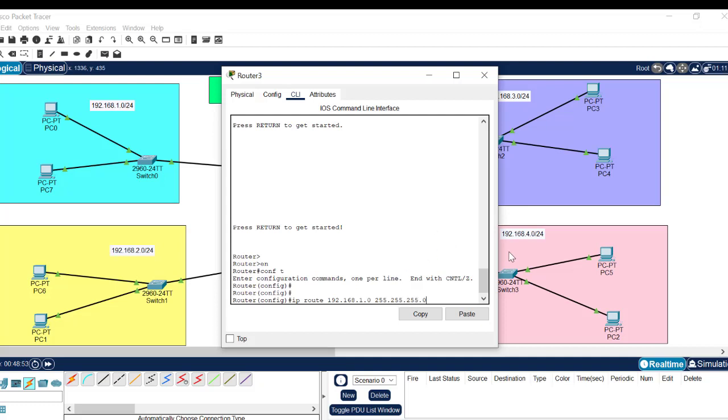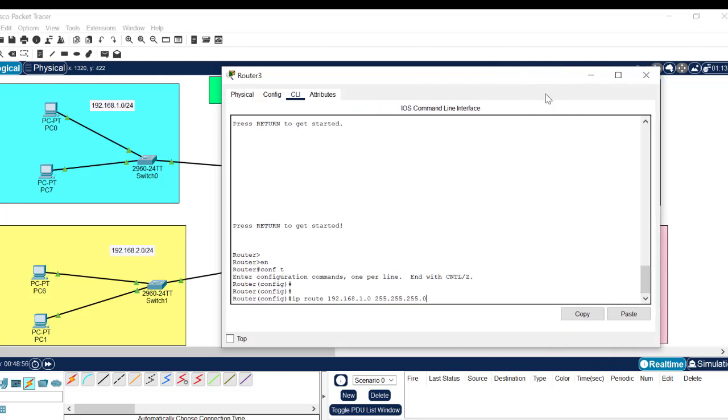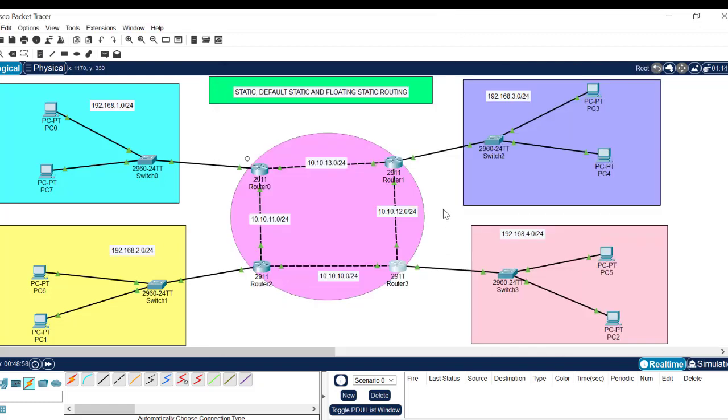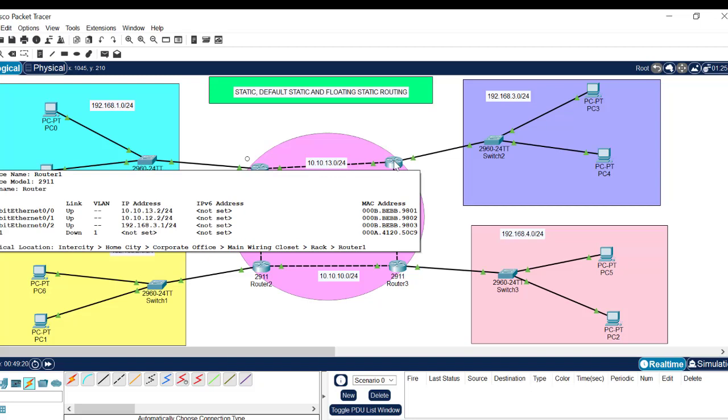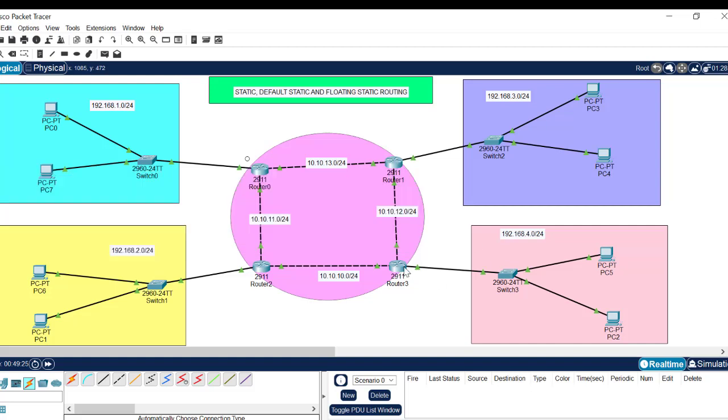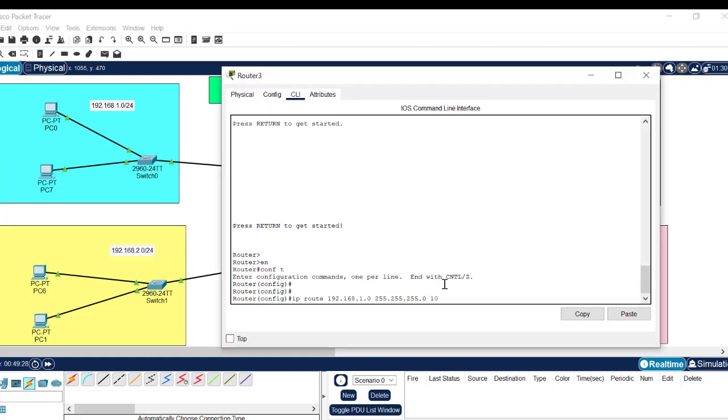255.255.255.0, and in this case I just want to use the next hop address or the outgoing interface. So for this network, I want it to go through this router, then to this router, then to this address. So I'll just use the next hop IP address, which is the IP address of this interface, gig 0/1. So I go to router 1 and check gig 0/1 to be 12.2. So I just go here and write 10.10.12.2